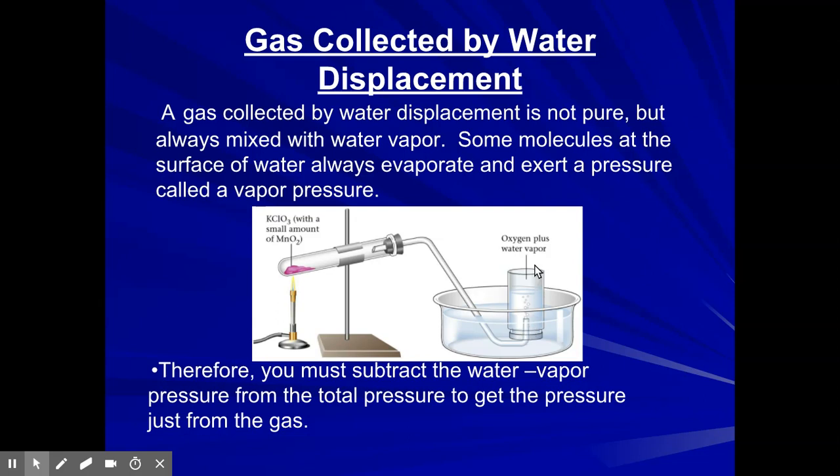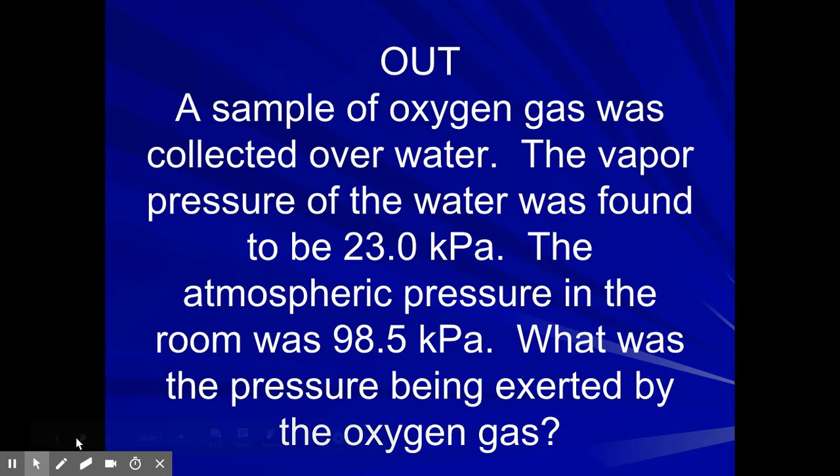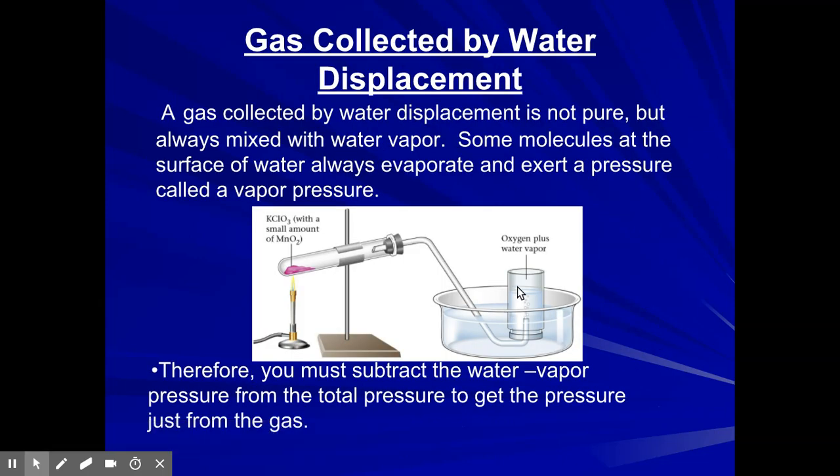Now, here's the thing. In this particular case, we were producing oxygen gas. That oxygen gas is collected inside this little container here. It's not the only gas in there. Anytime you have gas in a closed container that also has water in it, a certain amount of that water is going to evaporate, and you're going to have a mixture of whatever gas you've collected plus water vapor. If I wanted to know just the pressure of the gas in there, I have to subtract the vapor pressure from the water